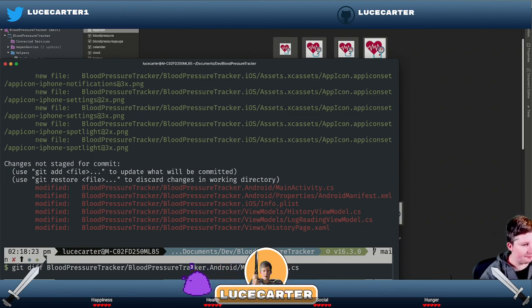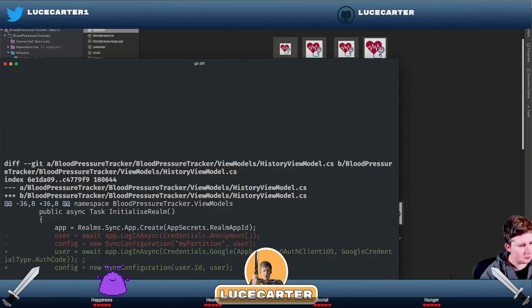Okay, so we want to keep that. We want to keep the Android manifest, the info.plist. What's changed in history view model? Blood pressure tracker, view models, history view model. What's changed? Oh yeah, so that's where we're trying to do the